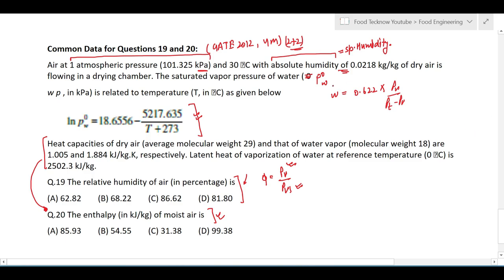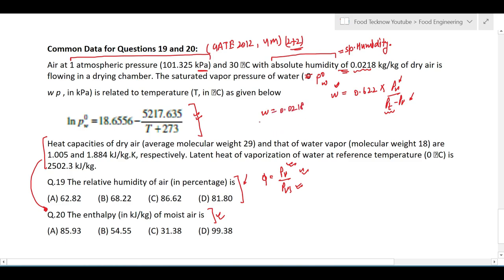So we know the value of W that is given here, and we have to calculate this value PV to determine this value relative humidity, and we know the value of PT, that is this 1 atmospheric pressure, that is the total pressure, right? So if we try to solve this value PV when the value of W is equal to